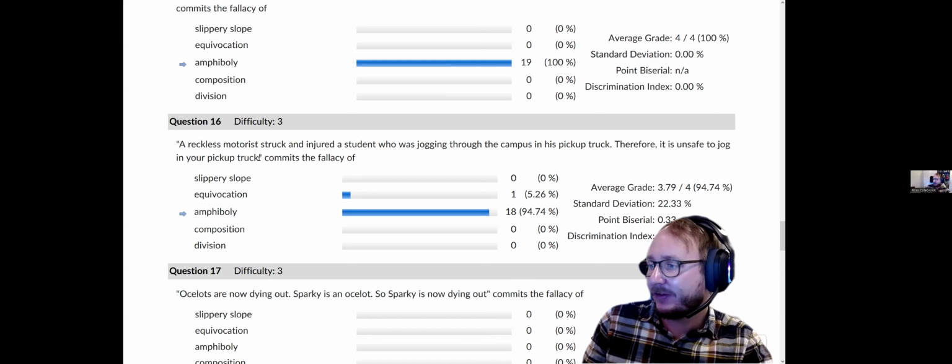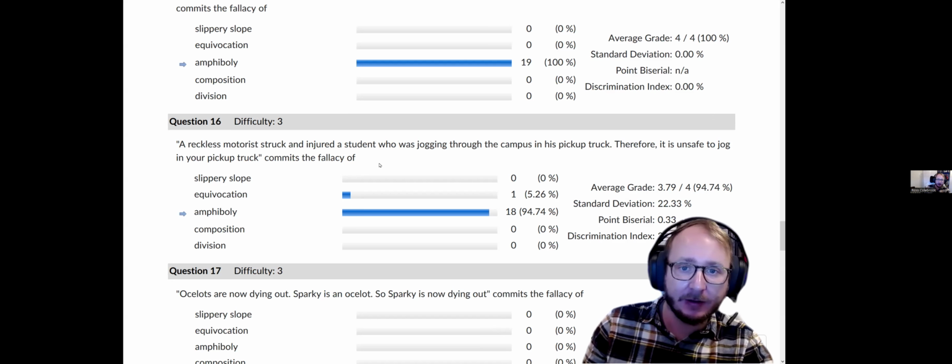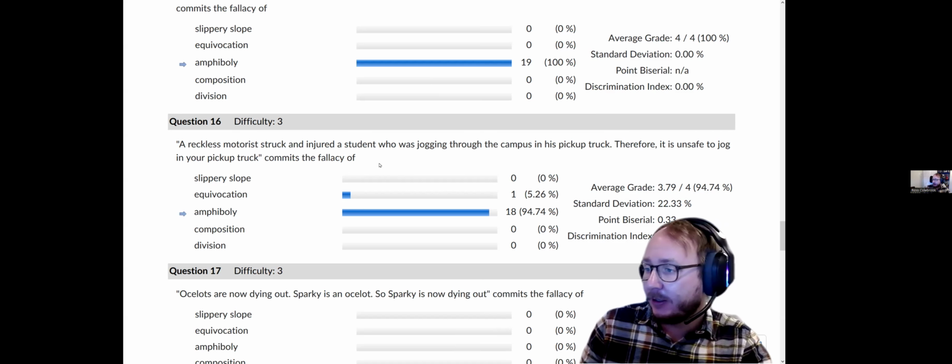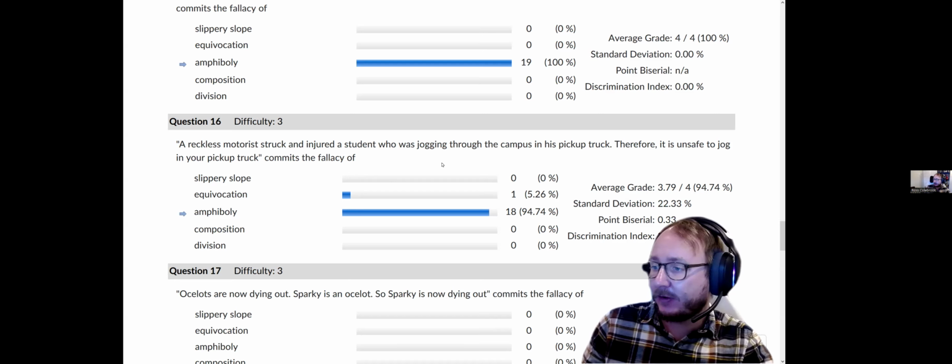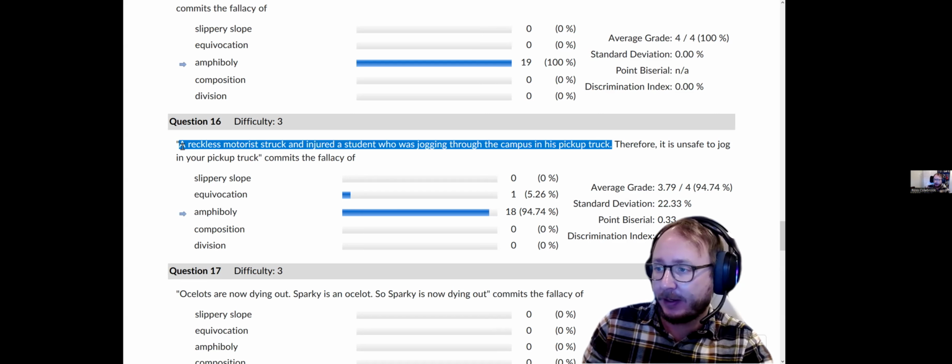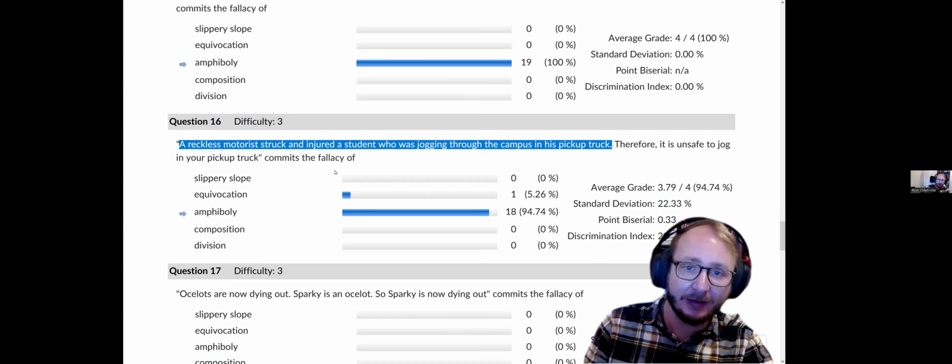The conclusion seems to suggest that it was the person jogging in the truck, right? Now, notice that the conclusion and the premise both use the concept of jogging, but I don't see any reason to believe these have different meanings. Same thing with pickup truck, that comes up multiple times, but again, nothing about the context seems to suggest a different use of the word. So this is just amphiboly. This whole statement is amenable to two different interpretations, and one of them is really weird.